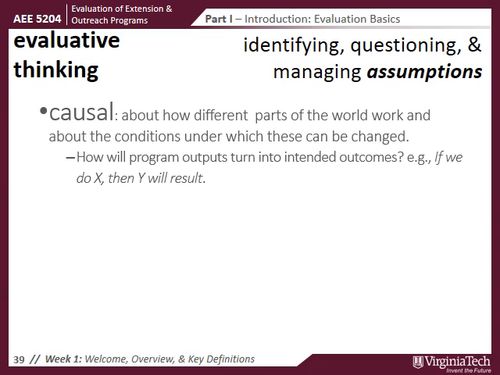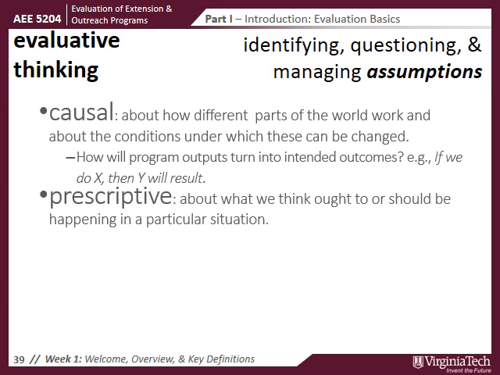So for instance, if we do X, then Y will result. If we do a science, technology, engineering, and math program, then youth interest in science will increase. Unless you have any evidence for that, that is fundamentally an assumption, and that would be classed as a causal assumption. Then the second group of assumptions we refer to as prescriptive, and this really has to do with an assumption